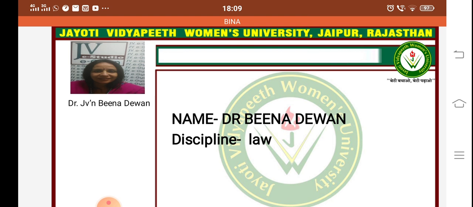Doctrine of Rad. If residue is left after distributing the property of the deceased amongst the sharers, but there is no heir of the deceased falling under the category of residuary, the residue of the property reverts back to the sharers in the proportion of their shares. The right of the sharers to have the residue property revert back to them in the absence of residuary heirs is called the doctrine of return, or Rad.